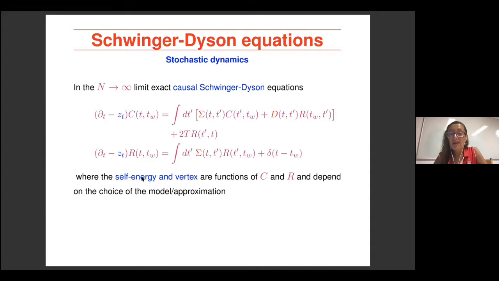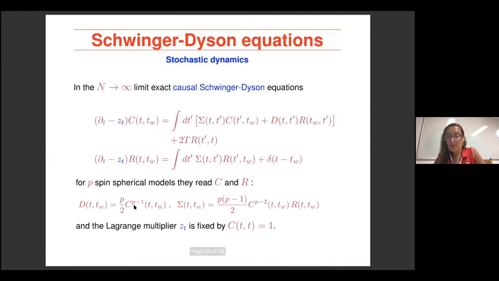And these self-energy and vertex are functions of the C and the R themselves. So C is the correlation function, R is the linear response, sigma and D are these kernels. And okay, the form depends on the choice of the model or approximation you are using. And for example, for these p-spin models, which I'm going to write on the blackboard, and that put together the cases of coarsening, spin glasses, and glassy systems, the Hamiltonian